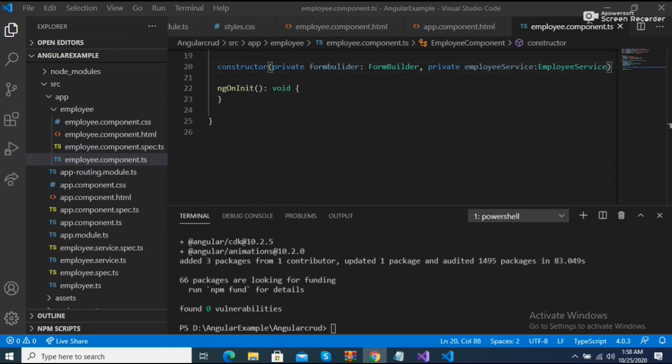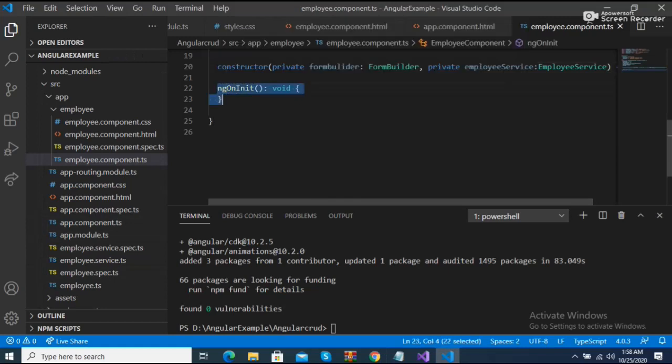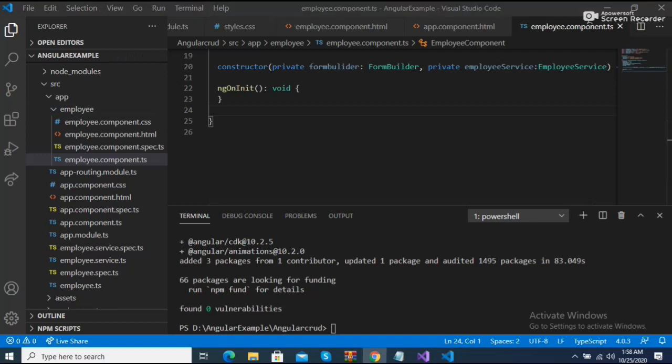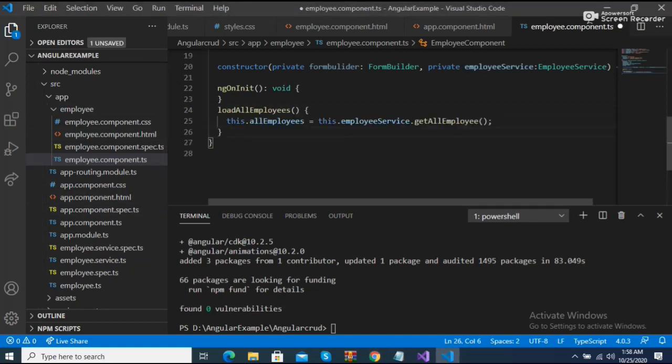We have the method for initializing all the ngOnInit, but we need to create some functions. I have already written this function, loadAllEmployees. If you want to load all the employees, you just need to add it here. I'm adding loadAllEmployees here, and in this condition we have allEmployees, employeeService, and getAllEmployee.